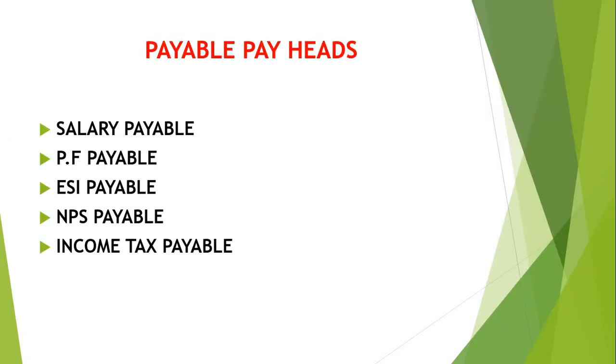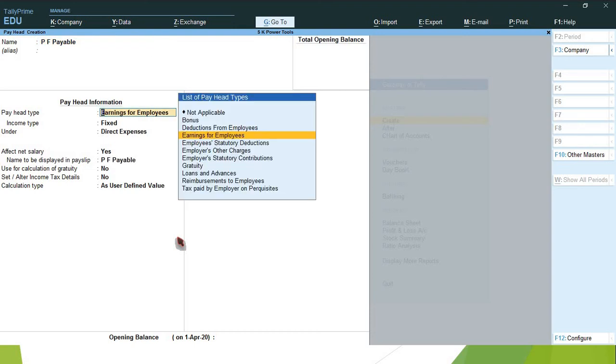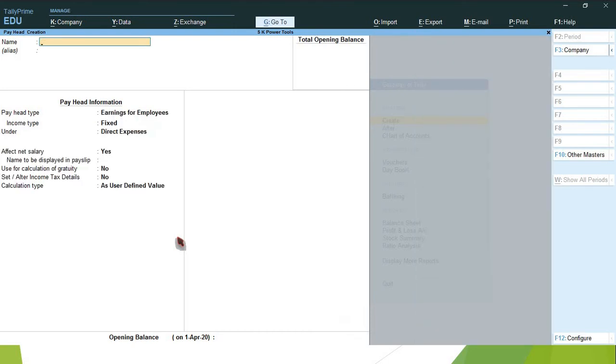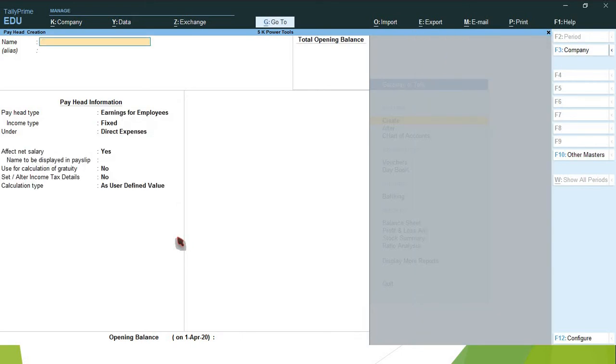So next ledger, PF payable. Payhead type, select not applicable. Under current liabilities. Next one, ESI payable. Payhead type, not applicable. Under current liabilities.